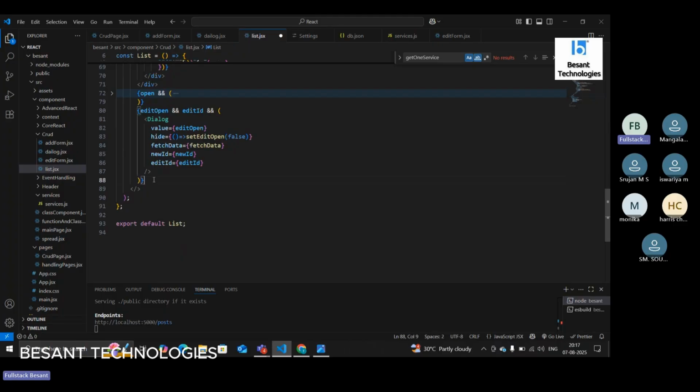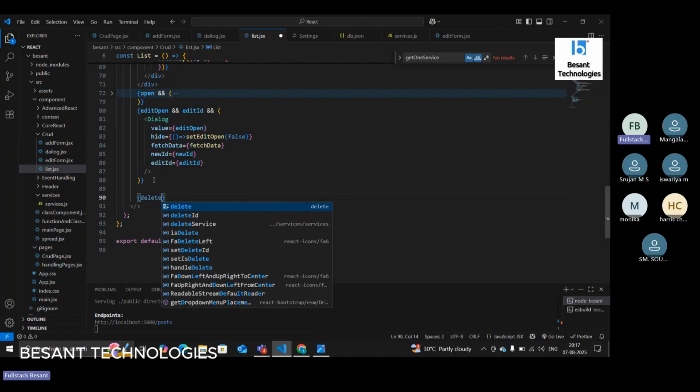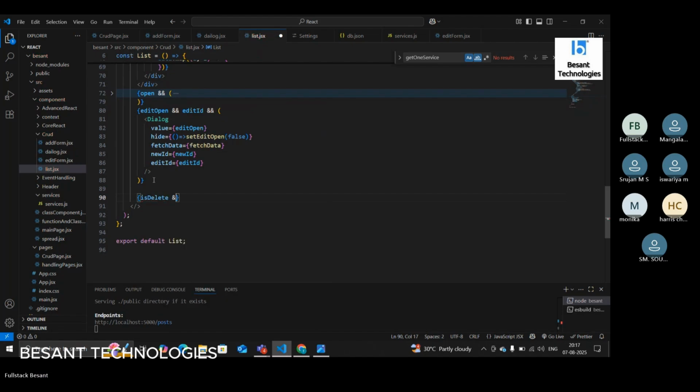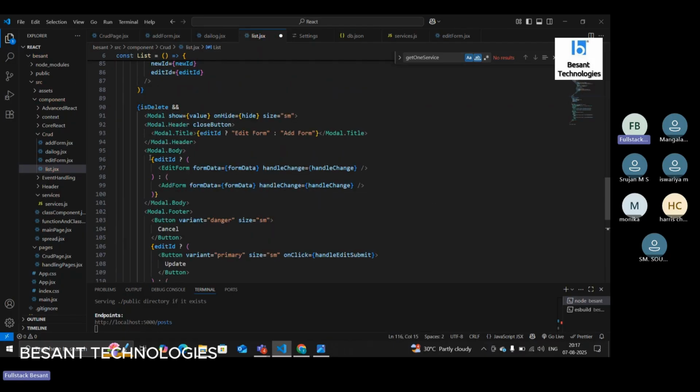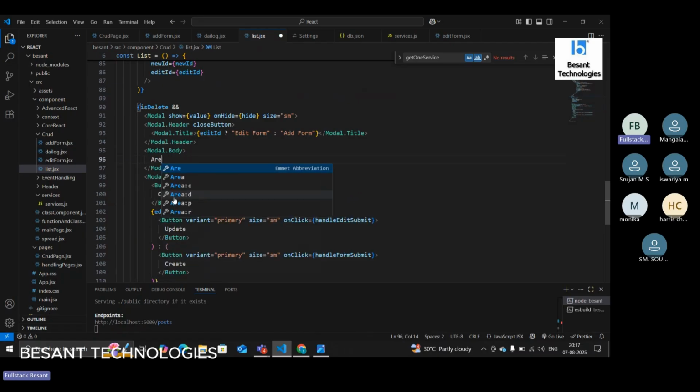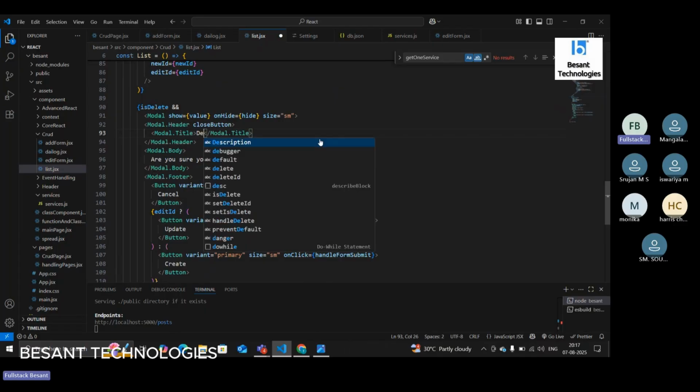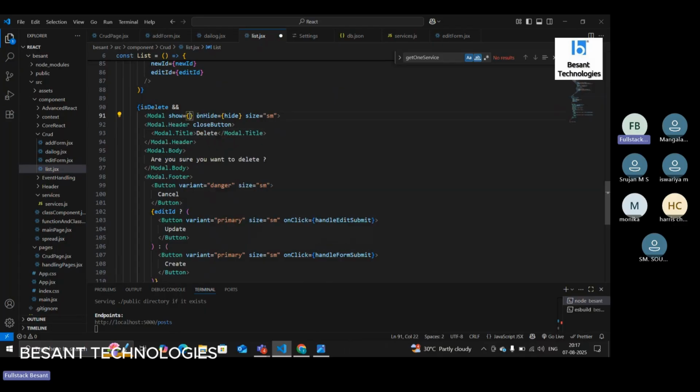So what I'm going to do is delete, yeah, is delete. So here, are you sure you want to delete? What you are going to do here is change this into a delete. Here you have to give is delete and here you have to give